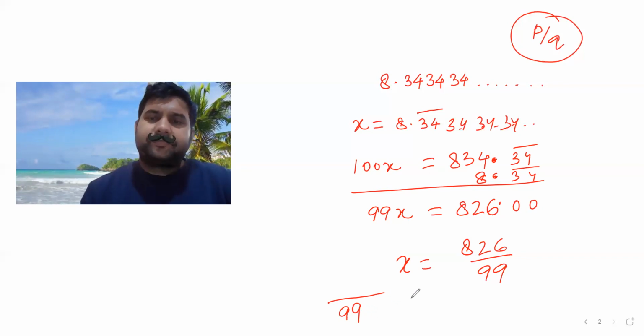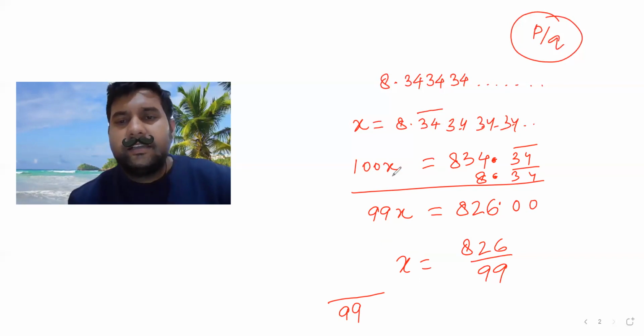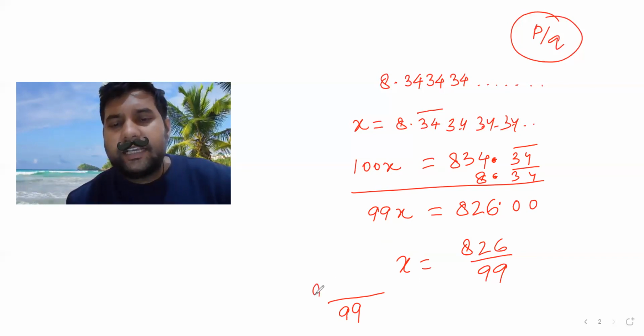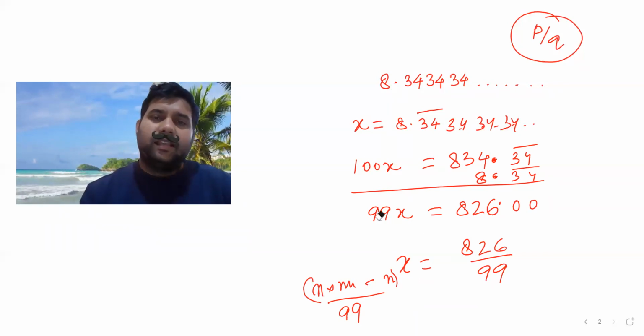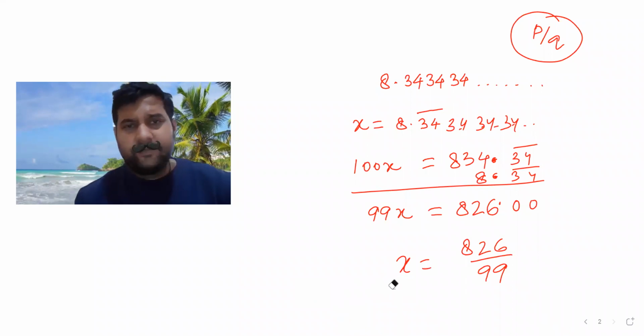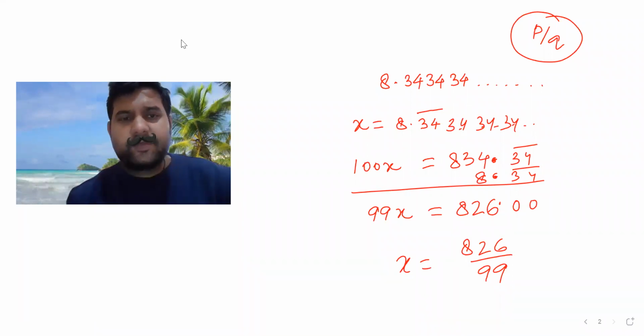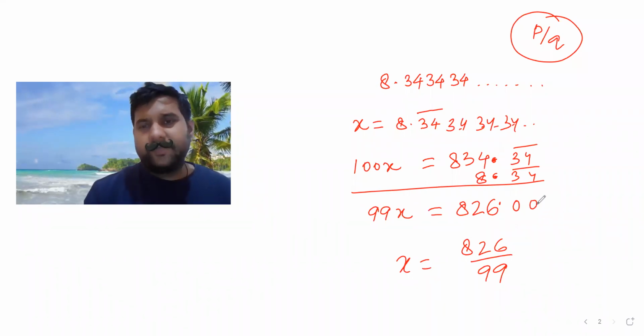Okay. And then in the numerator, you basically take that n times that number minus the number itself. That will become your decimal. But I generally am not a big fan of shelling out formula and stuff. So for me, first principle is always easier. It hardly takes 25 seconds, 30 seconds. If you want me to give another example, I will give you.